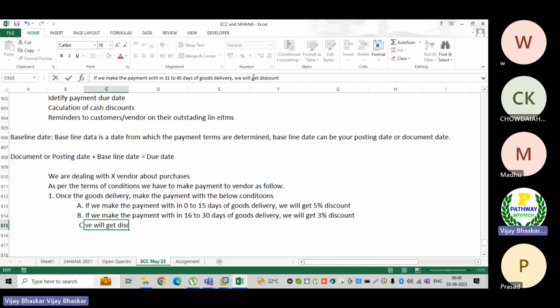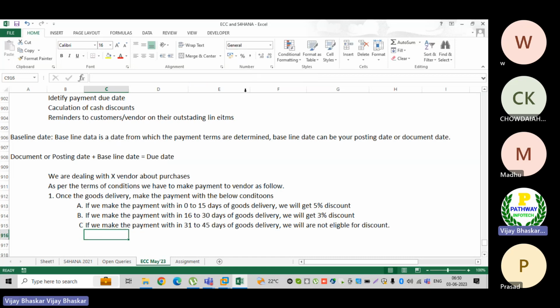Simple thing, we are not eligible for discount. If this is the situation, okay, now let us think about a small thing here.